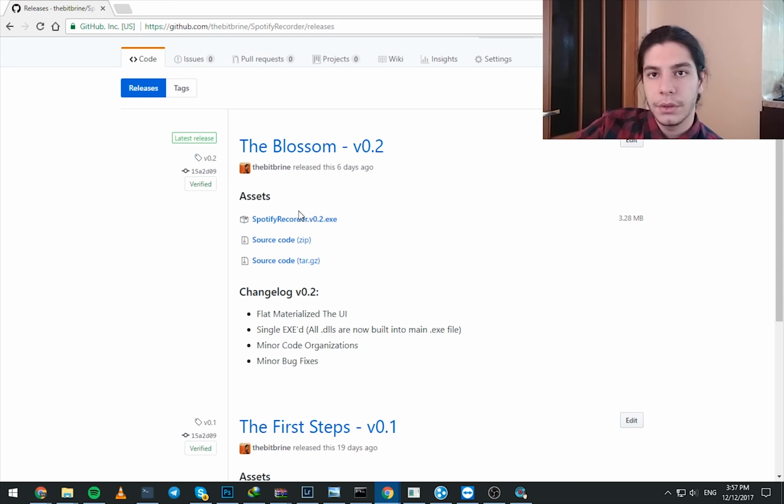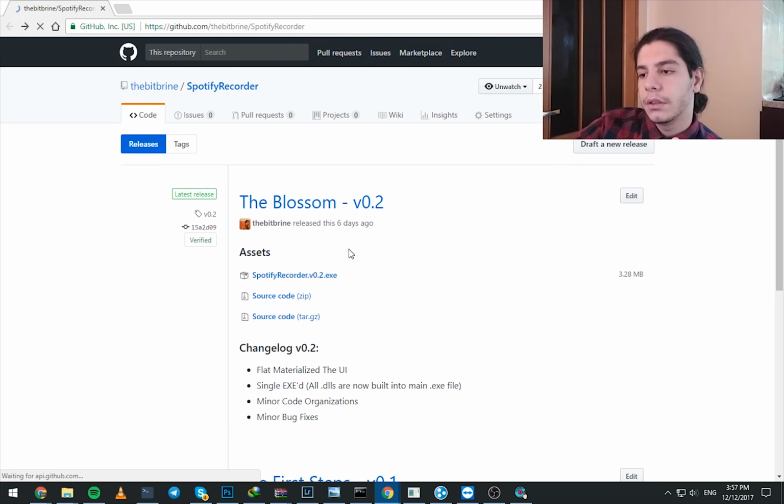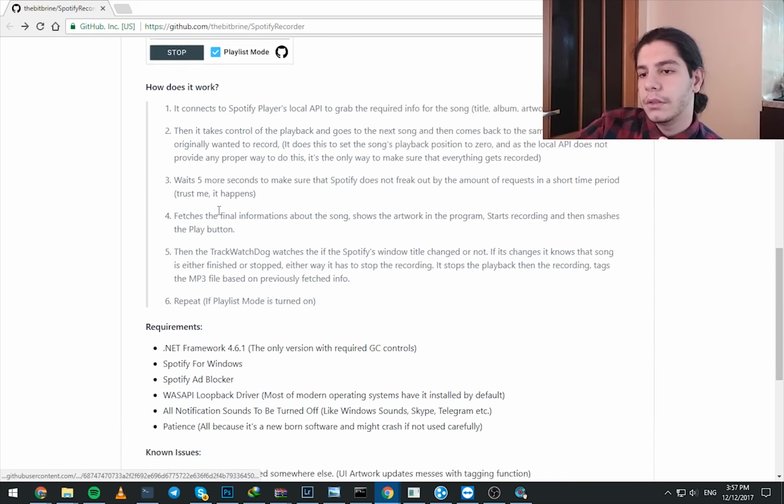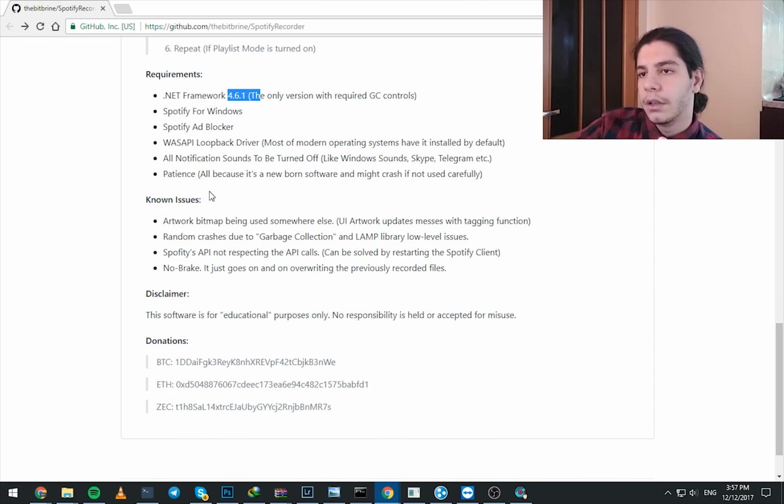And the other thing is you will need .NET Framework. I guess 4.6.1. It's here on the 4.6.1,